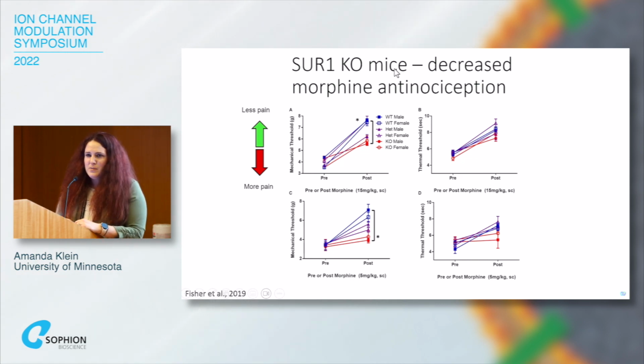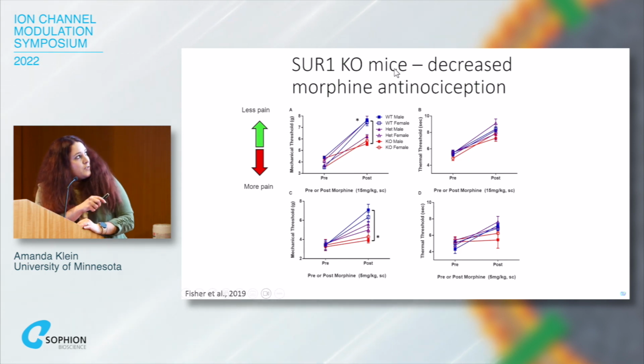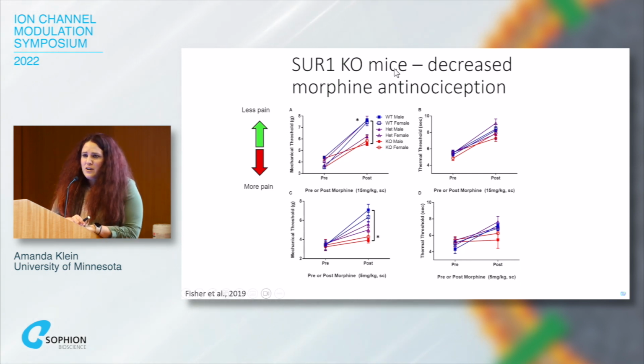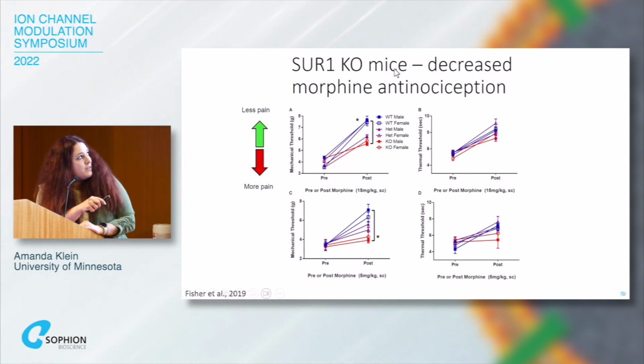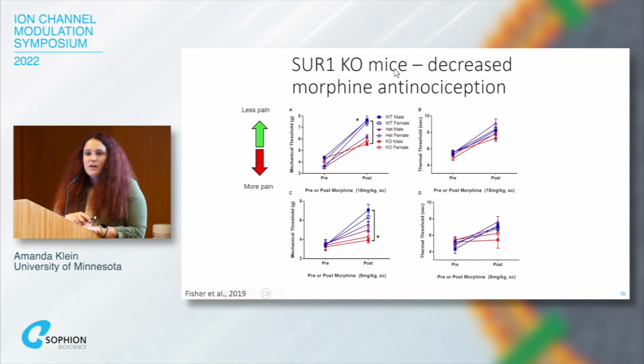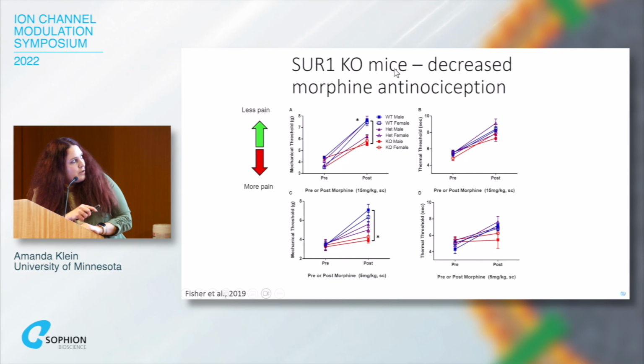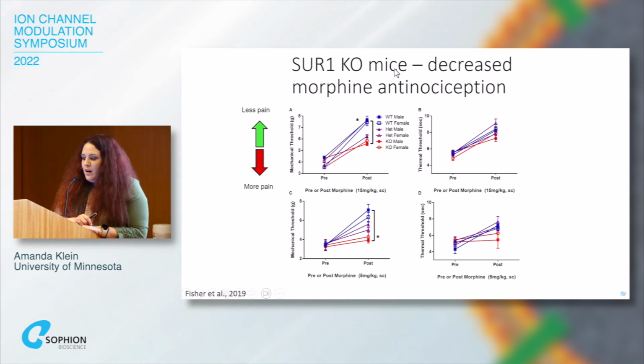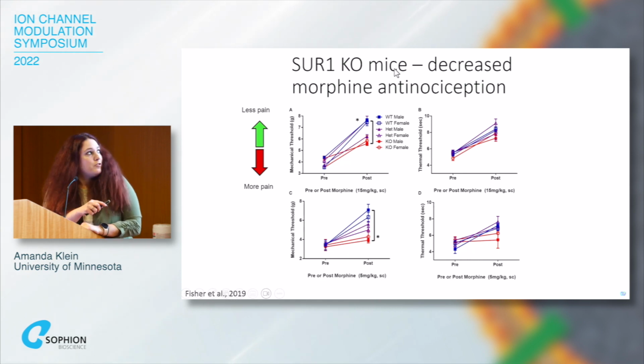And so we demonstrated this using a SUR1 knockout animal. These are global knockout animals that were provided to us by Joseph Bryan. We found that the wild type animals have a very nice, robust anti-nociceptive response to morphine, and this effect is largely attenuated in the knockout animals, shown in red. Those are pretty consistent across male and female animals and across several different doses. I'm showing you two of them here, 5 and 15 milligrams per kilogram. This is with mechanical threshold testing.